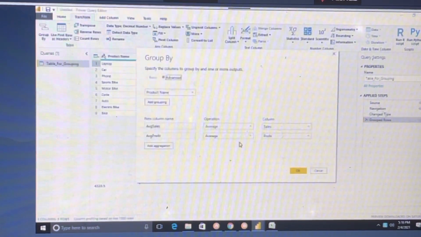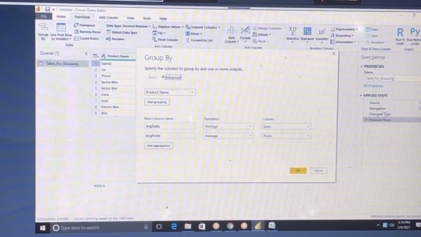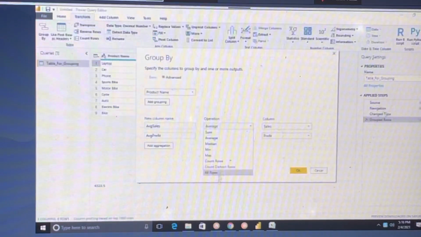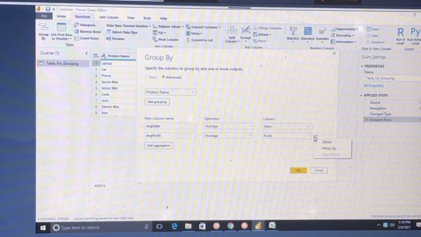You can use group by not only based on one column, you can use different columns, and you can do average sales and so on. If you don't want one, you can delete it here.